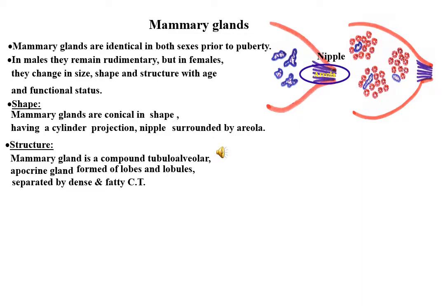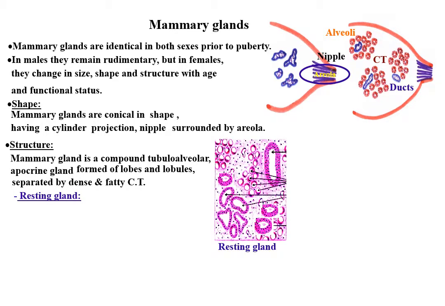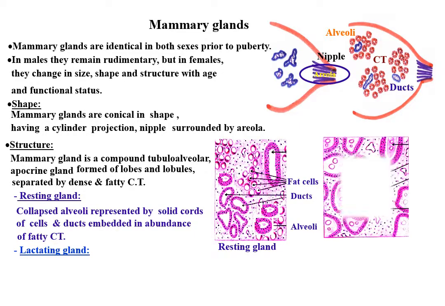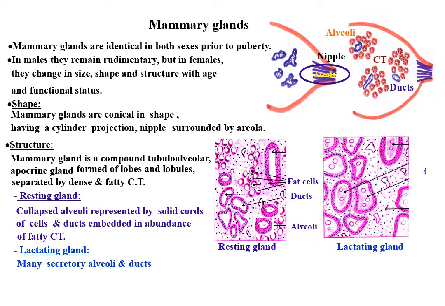The lobules are separated by dense and fatty connective tissue. The parenchyma of the mammary gland is formed of ducts and alveoli embedded in connective tissue, but this varies according to the state of the mammary gland. Resting mammary gland has collapsed alveoli represented by solid cores of cells, and few ducts embedded in abundant fatty connective tissue, while lactating mammary gland has wide alveoli lined by tall columnar or low cuboidal cells depending on the state